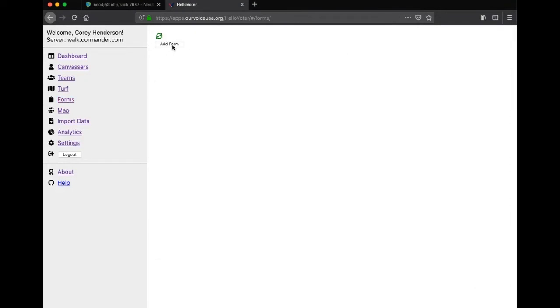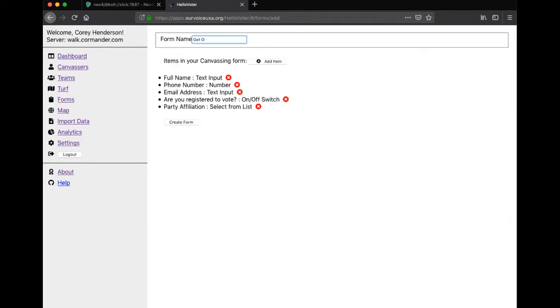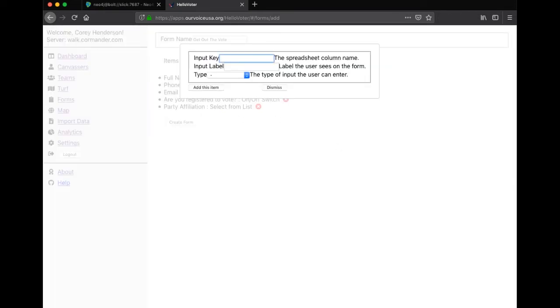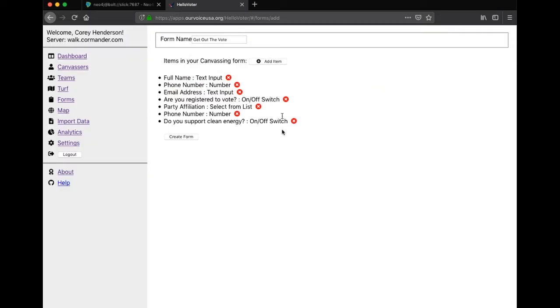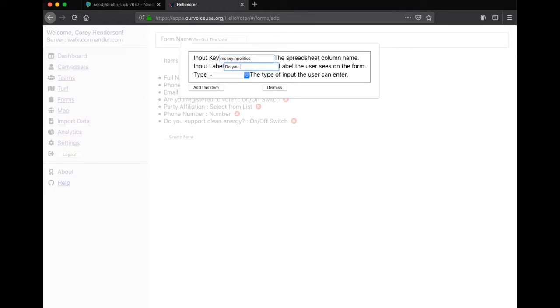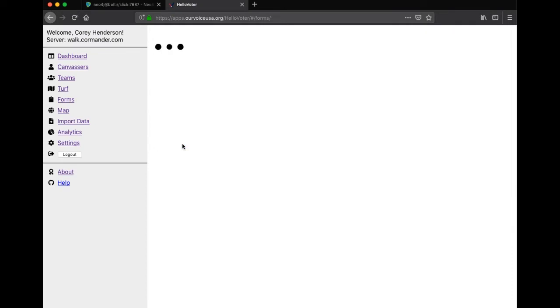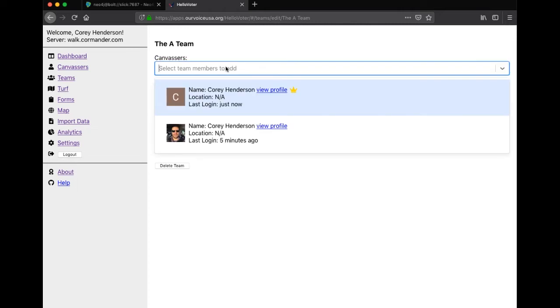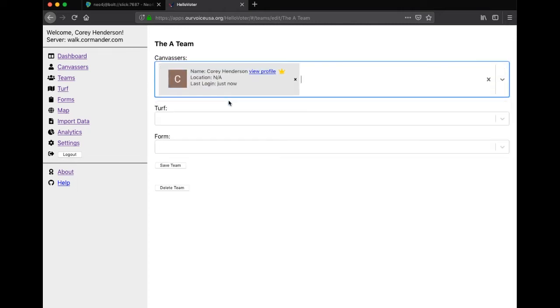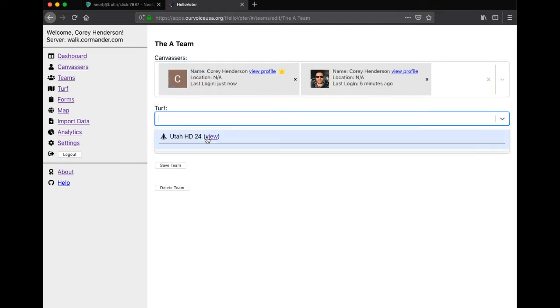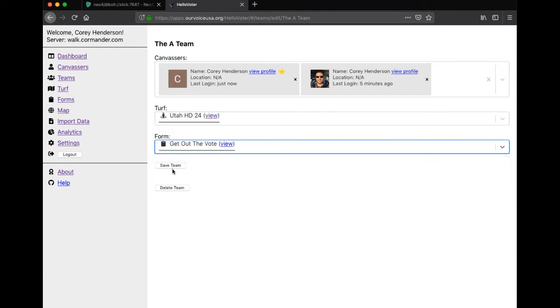Now let's create a form called Get Out the Vote. It pre-fills with some items you can delete if you'd like, but let's add some more. Let's ask for their phone number and whether or not they think money has a corrupting influence in politics. Just like when you create a form in the mobile app, you can customize it to your specific needs. Put both users on the team and assign the turf and form,